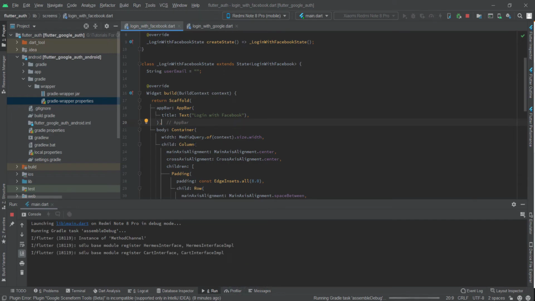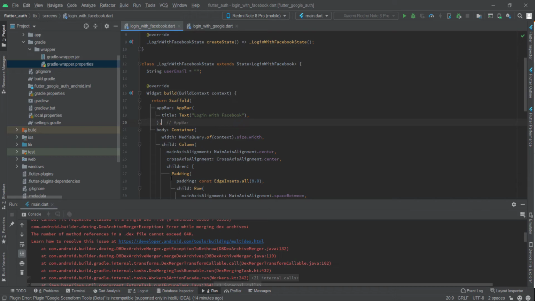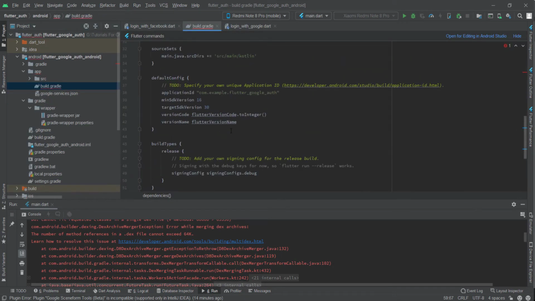It will take some time to run, so don't lose patience. Okay, now it's showing us the error that it needs multi-dex enabled. Okay, so no problem, just open your code. Let me see. Okay, now we need to open this, and we need to write multiDexEnabled true, and